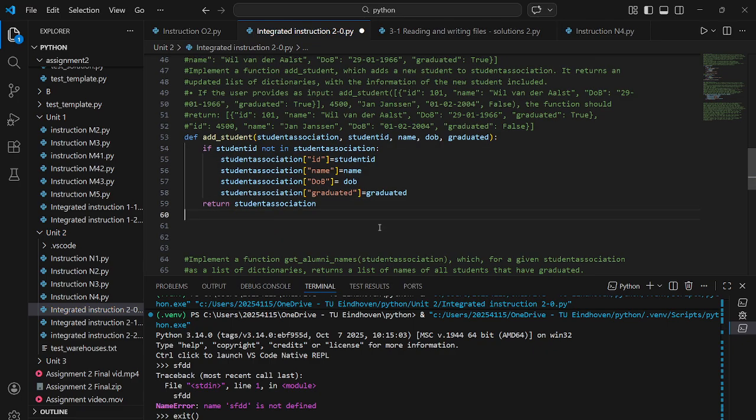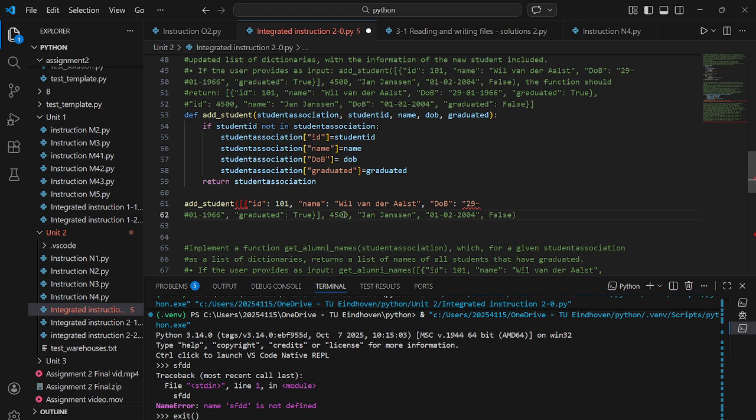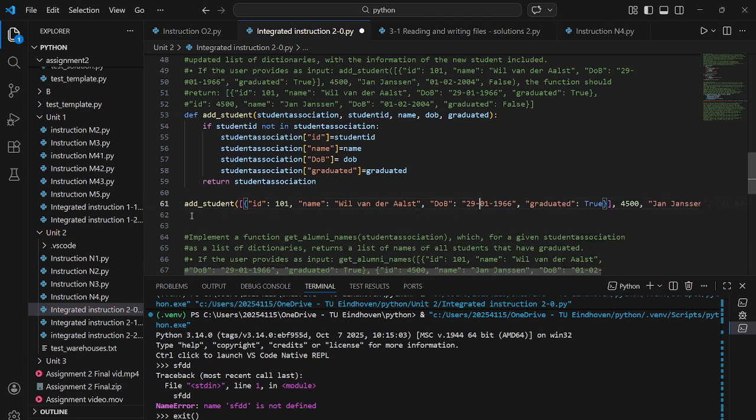I don't know if this is gonna work. If the user provides inputs, the function should return this. Well, we're probably gonna get an error, so